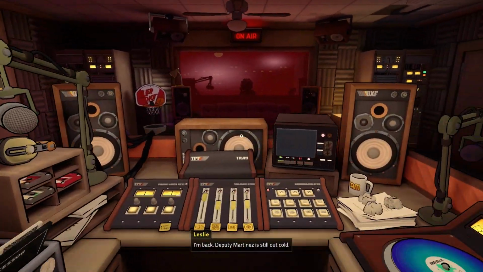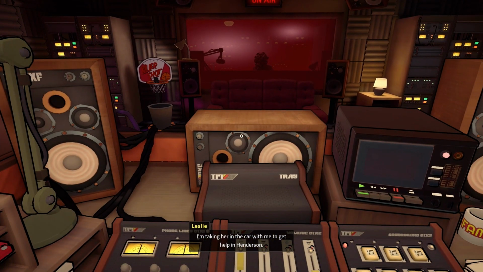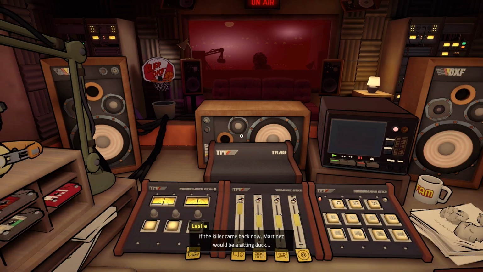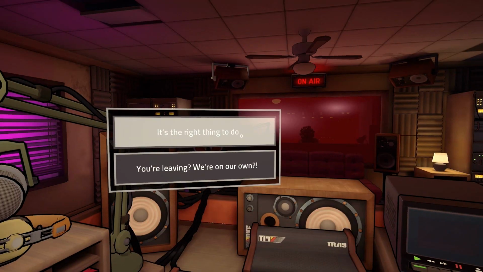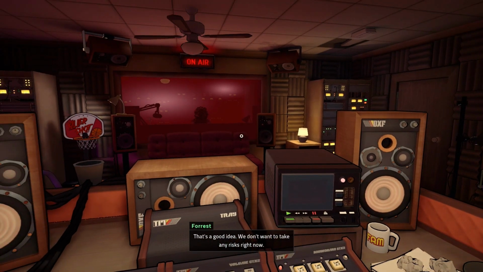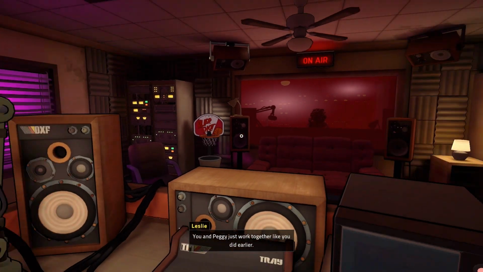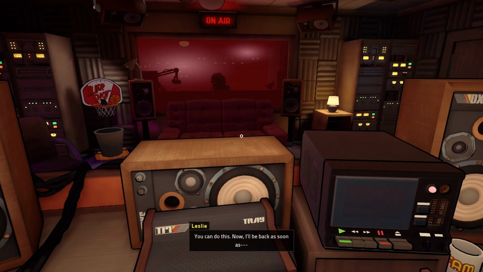I'm back. Deputy Martinez is still out cold. I'm taking her in the car with me to get help in Henderson. If the killer came back now, Martinez would be a sitting duck. That's a good idea. We don't want to take any risks right now. Thank you, Forrest. You and Peggy just worked together like you did earlier. You can do this. Now I'll be back as soon as...